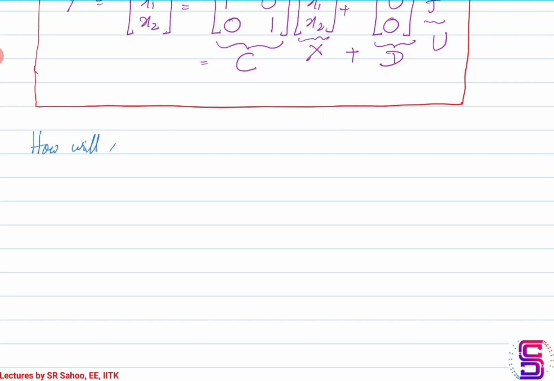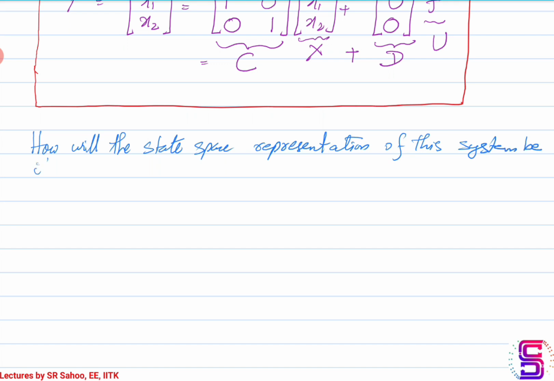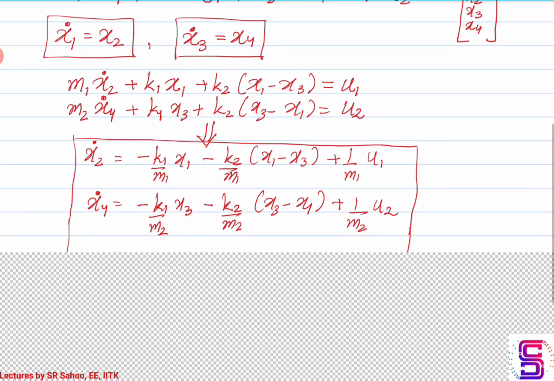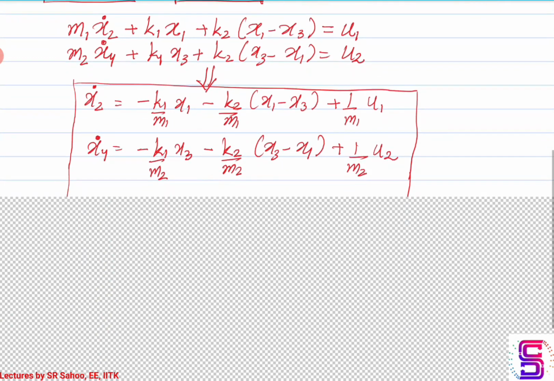How will the state space representation of this system be if x1 is y plus y dot and x2 is y minus y dot. Okay, so if these are the state variables, similarly